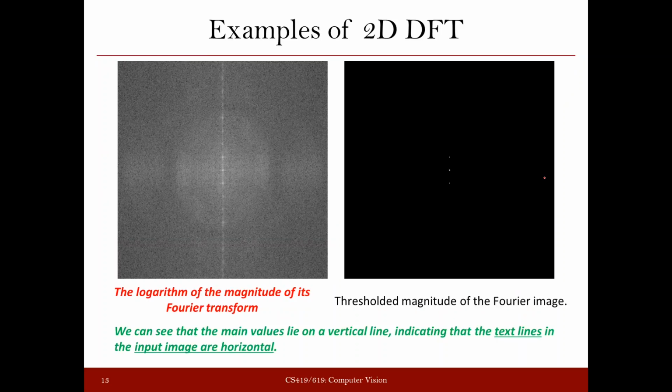Okay. And if you just do the thresholding, you again find that here also there is only one major frequency, which is represented by this point here. In the other example you see that there are other frequencies also existing, but out of all these frequencies there is only one which is prominent. So when you do the thresholding to find out which one is the prominent one, you only find one major frequency.